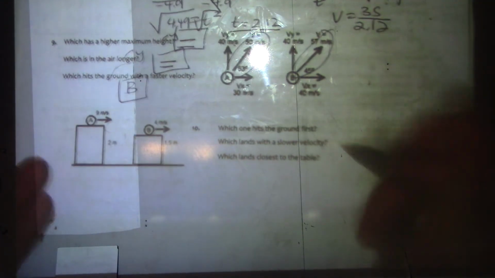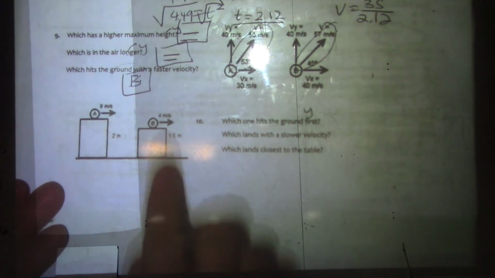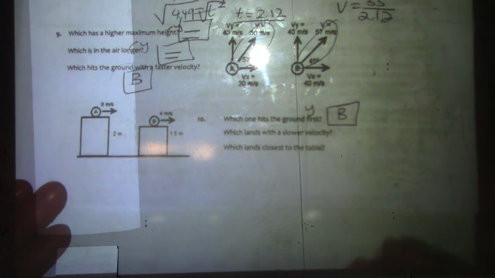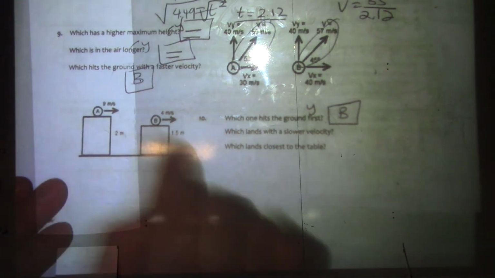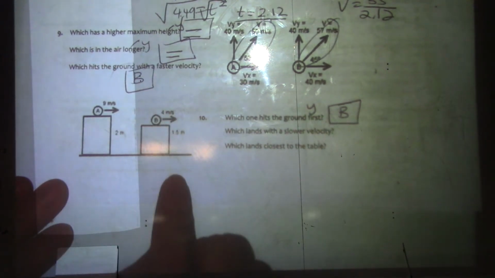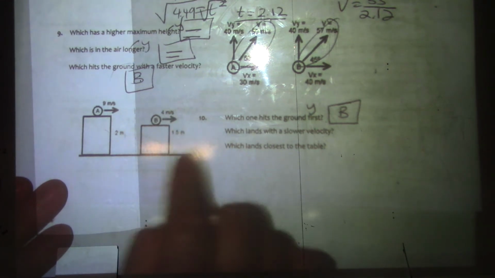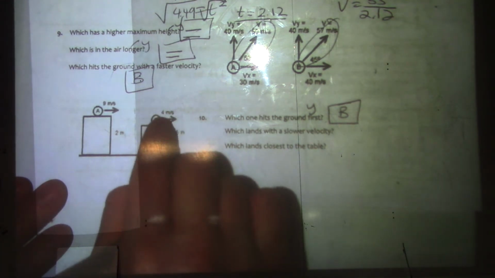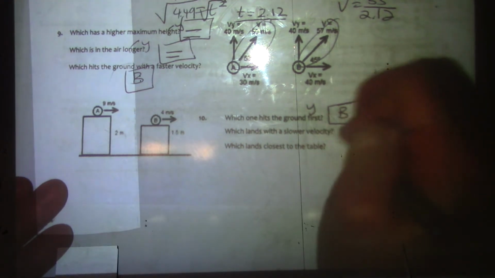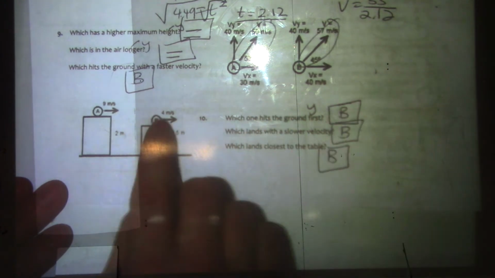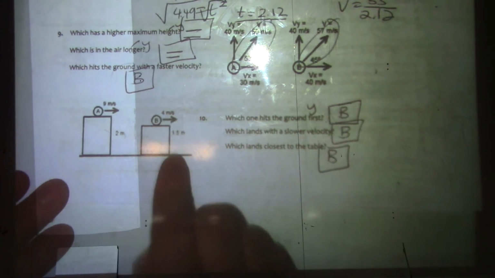The one that hits the ground first, well, we know when we're talking about time, it's talking about y, so the least y would be b, doesn't take as long to fall down. The one that lands with the slower velocity, so this one, because it has less acceleration, or time to accelerate, same acceleration, less time to accelerate, it's going to have less y velocity, and it also has less x velocity, so that's again b. The one that lands closest is b, because not only is it going slower, it also goes for less